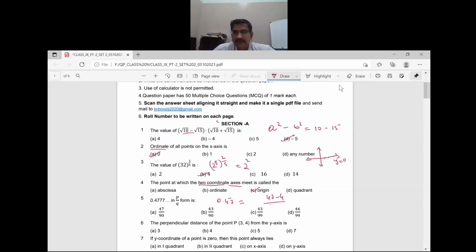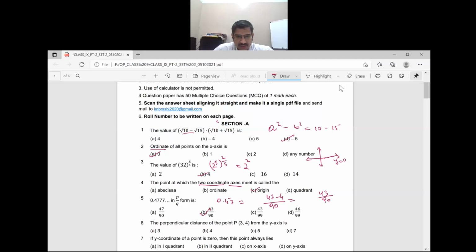Here there is only one digit repeating. It is called the period, or periodicity. Here periodicity is 1, and that 7 is the one which is repeating. So for that we will have 9, and after the decimal point a digit which is not repeating will give 0. With the shortcut, I said 43 by 90 is the right answer. Okay, and you know how to do it by the long procedure also.